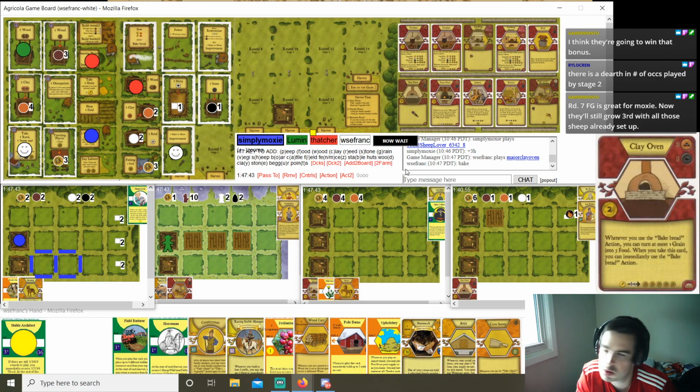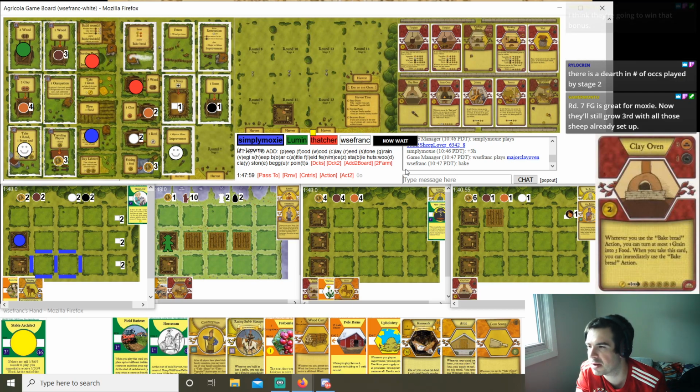Round 7 family growth is great for Moxie. They still should be able to grow third. Yep. Unless they feel pressured to take 4 clay here, 4 clay to build in round 7, or to build the fireplace in round 7. Because you would think maybe 3 wood, but...